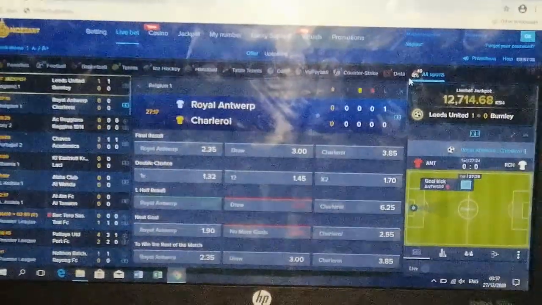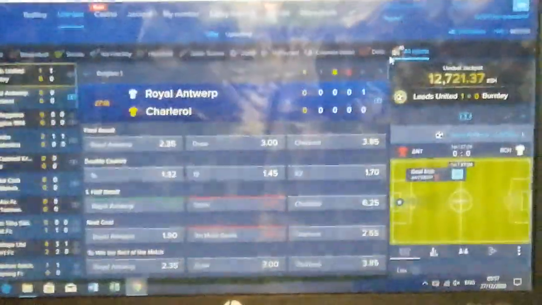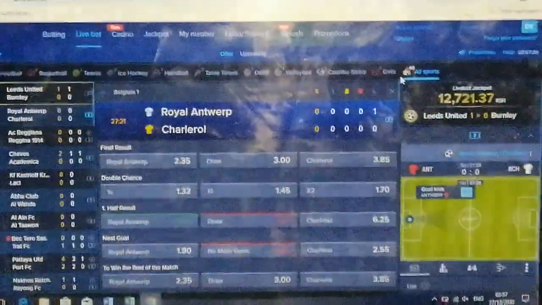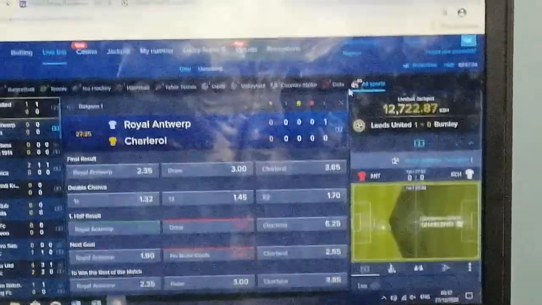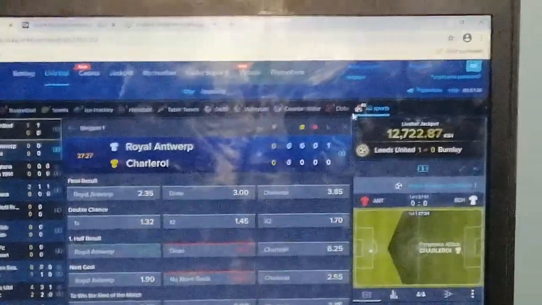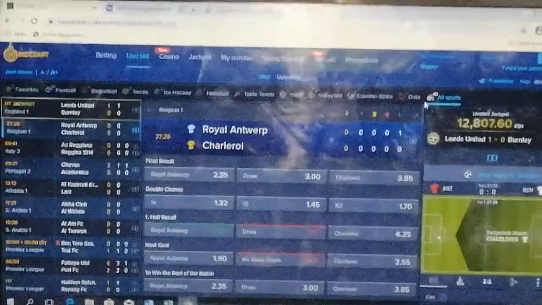For you to secure your money, before you check a goal that is supposed to be scored immediately, or if not,